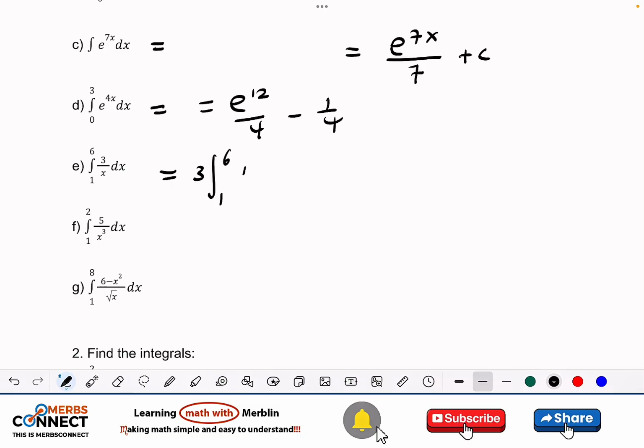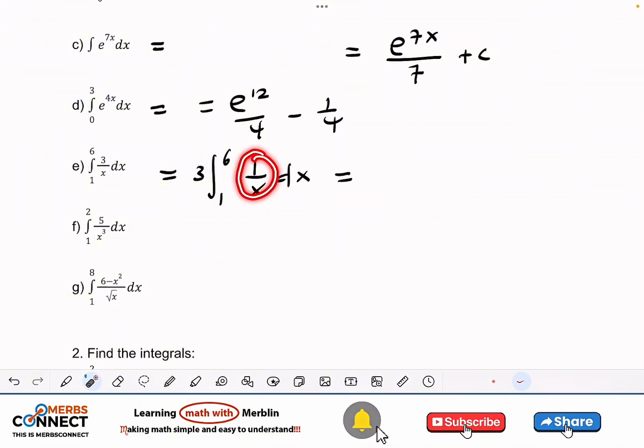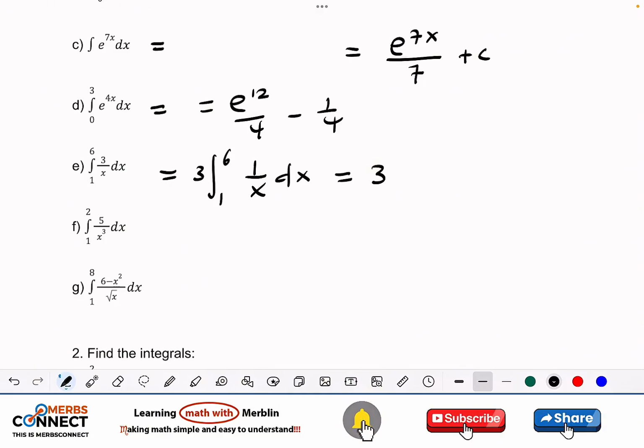Then I'm going to have 1 over x dx, which is equal to, so we said when we integrate 1 over x, we get the natural log of x. But we said if the values are negative, we need to put absolute value, right? But since we know the upper limit and lower limit are positive,